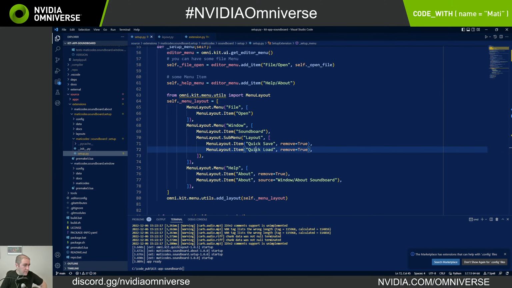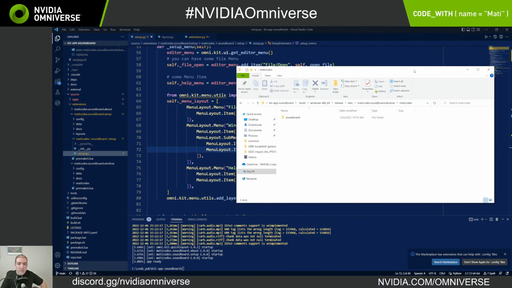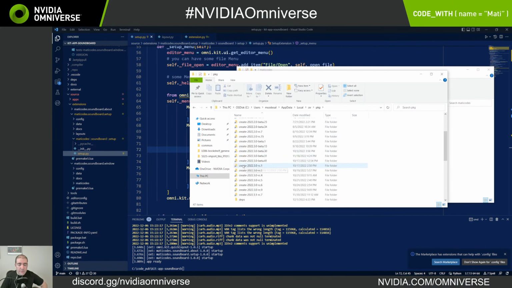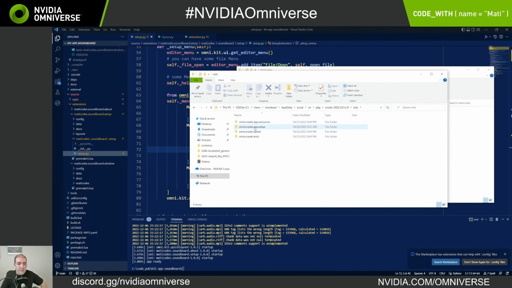You can also find an example in any of our Omniverse apps. They do this too. So if you're looking for something more complicated, you can go into, for example, Create extensions. Here's a setup extension. This does a lot of what the setup extension is doing in the app template. So you can come in here, and